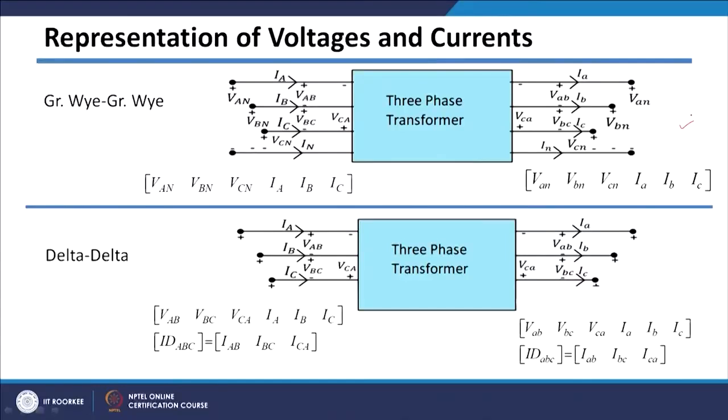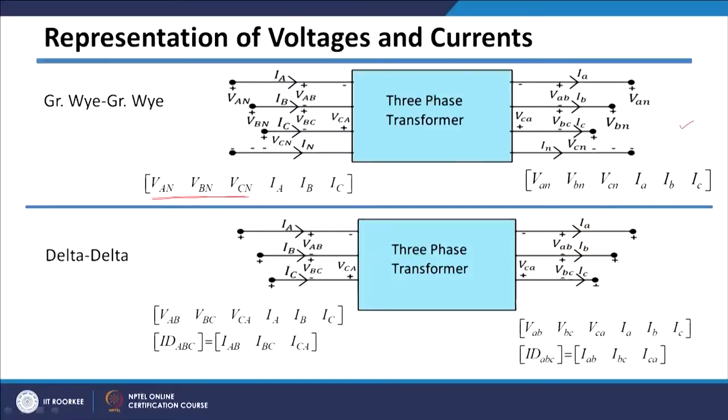Then we have seen, for modeling of the three-phase transformer, how we can represent these quantities, which are basically voltages and currents in three-phase transformers. We saw that if they are grounded Y by grounded Y connections, which is shown in this particular figure, the voltages are generally represented